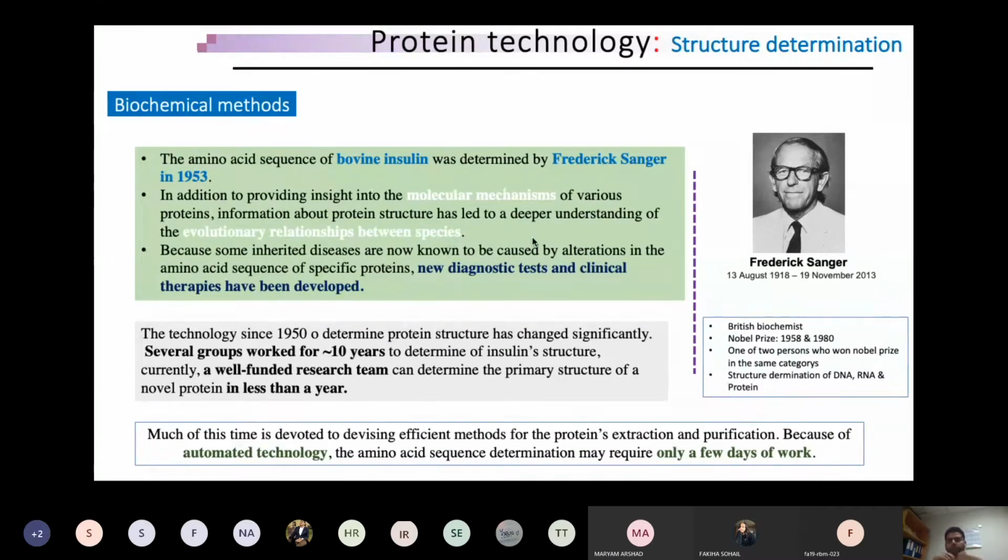So in 1953 for the first time he gave the sequence of bovine insulin, and of course this is the insulin molecule, the same insulin which is also present in our body. But this insulin was not coming from human but from bovine. These are cattle, our livestock. And before he started his work,